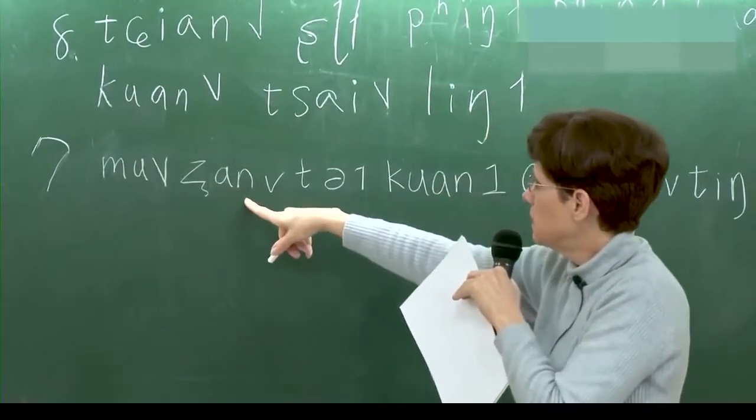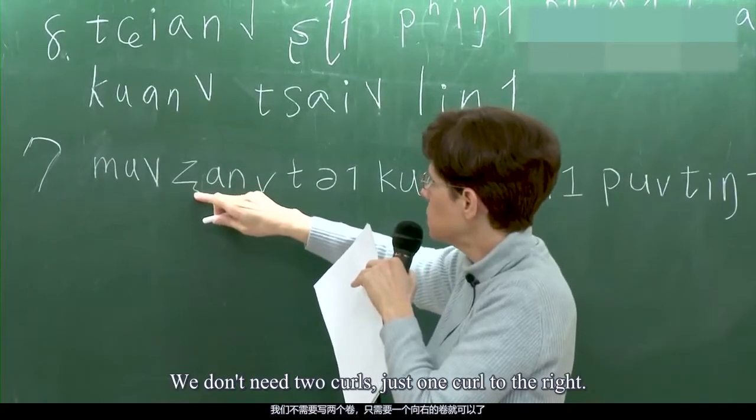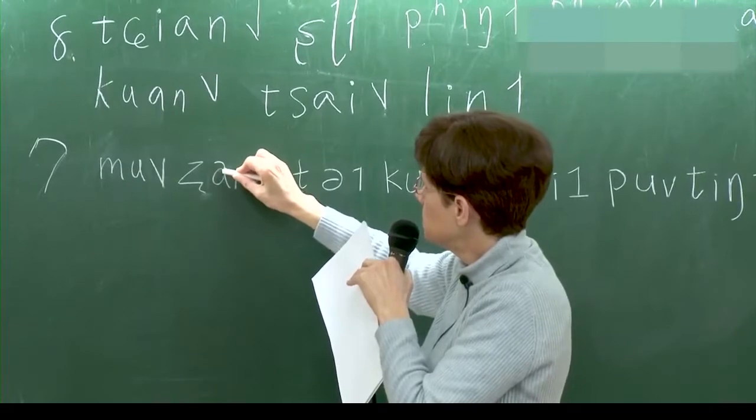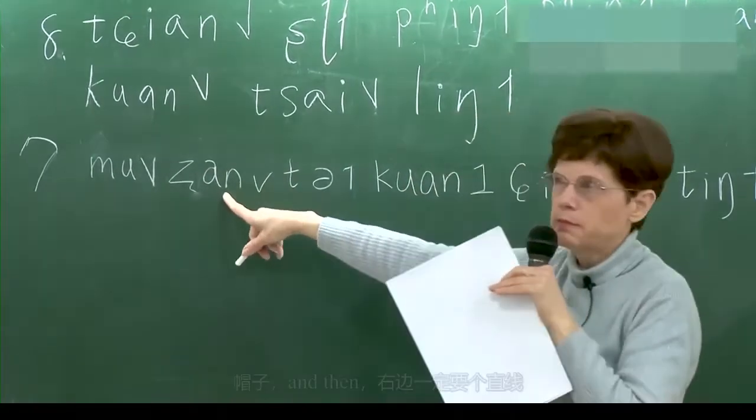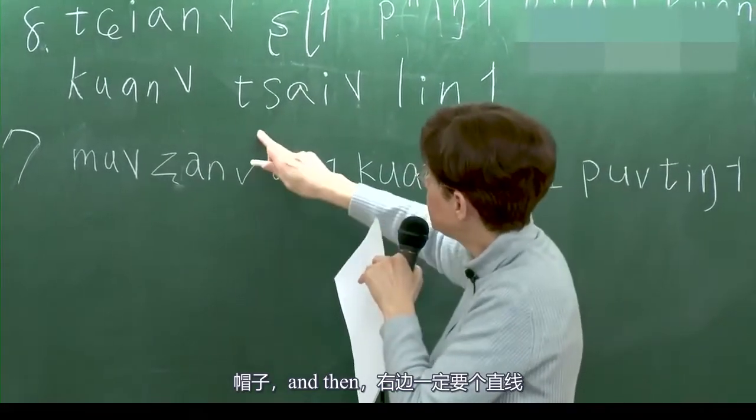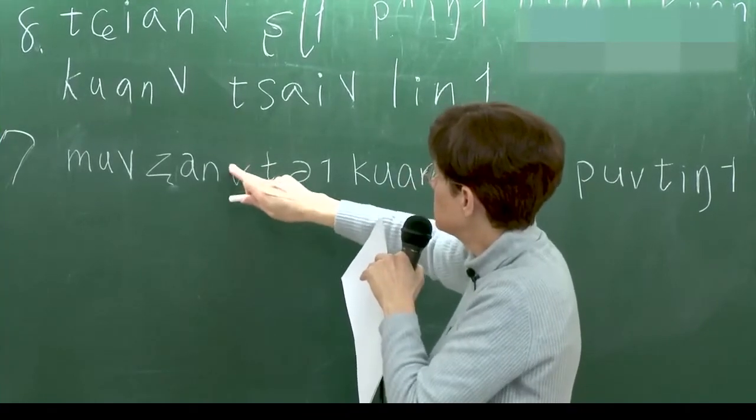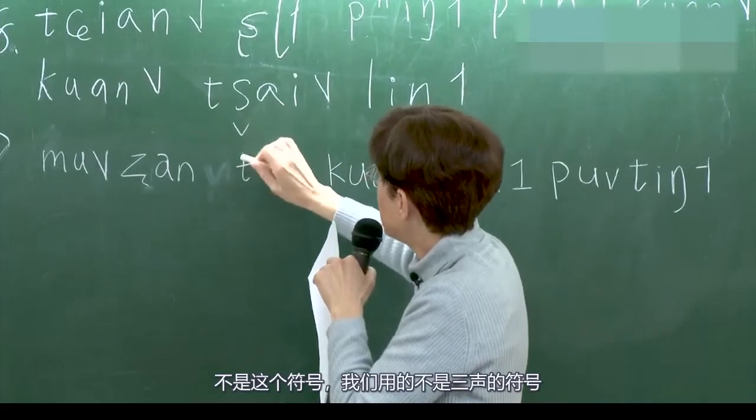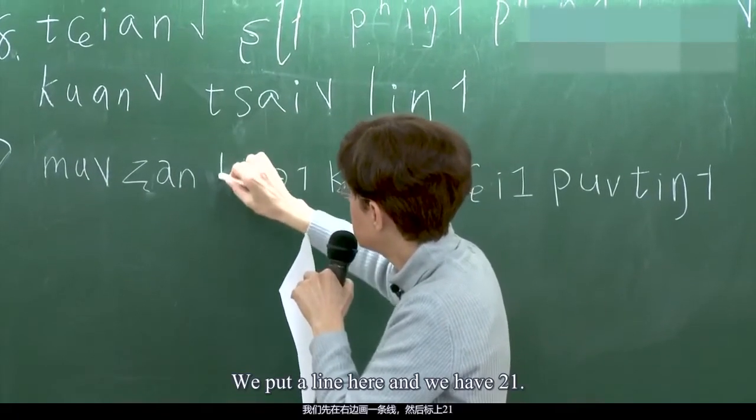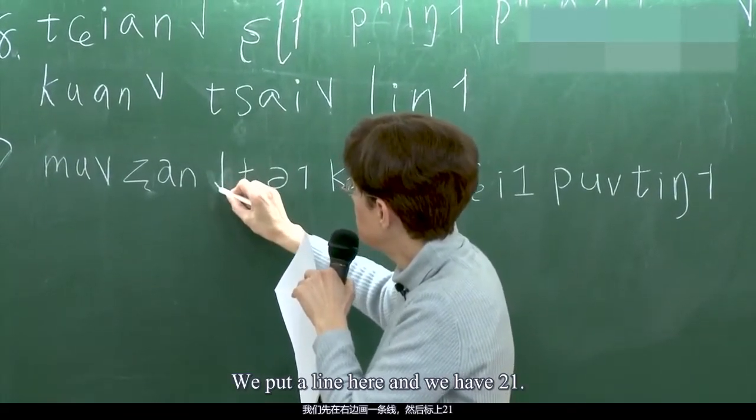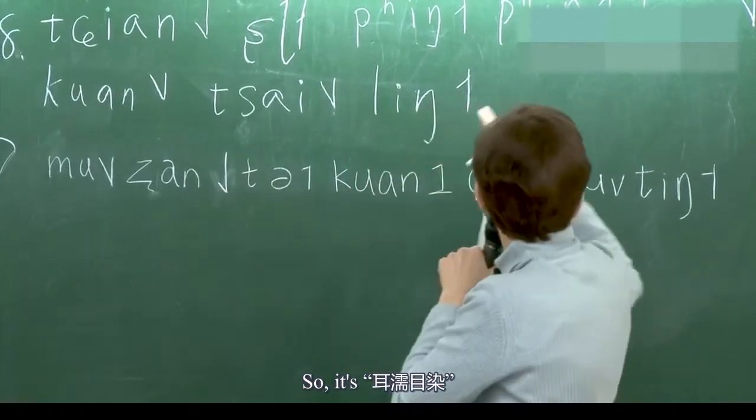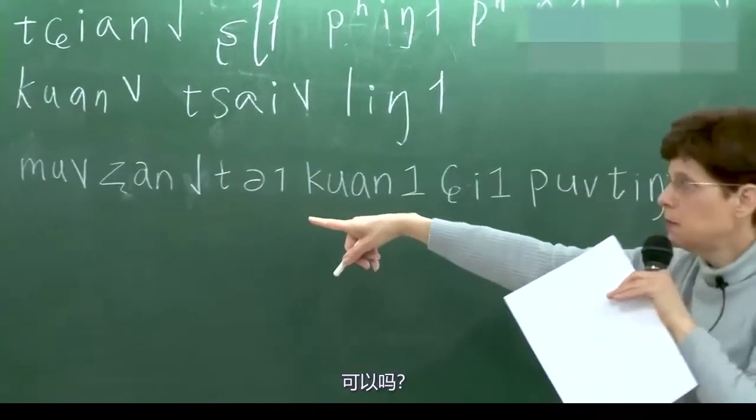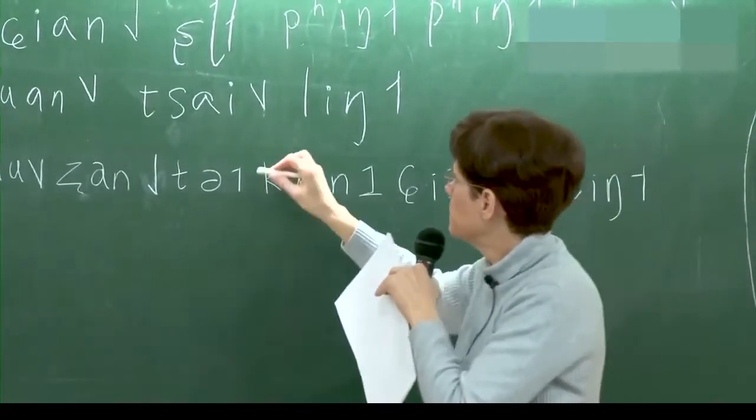Mu. And how about the vowel here? We don't need 2 curls, just 1 curl to the right. Maozi. And then 右边一定要个直线，它不是一个三声。I mean, it's not 不是这个符号，我们用的不是三声的符号。We put a line here and we have 2, 1. So it's 耳如目染，可以吗？